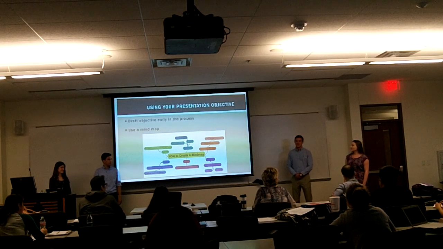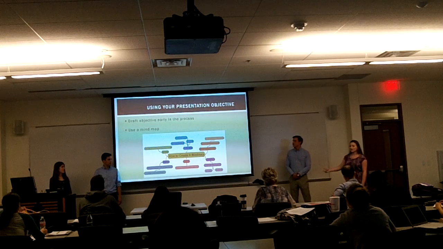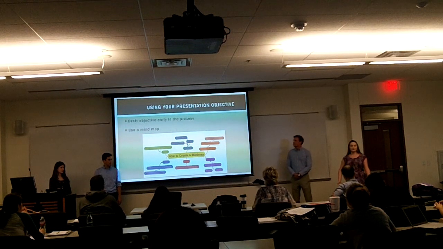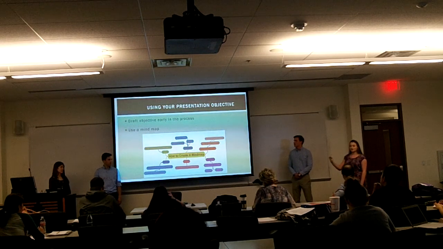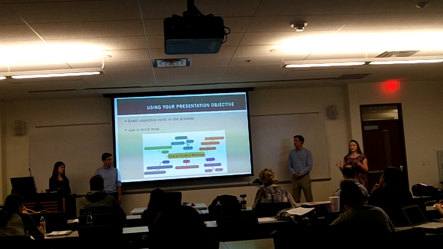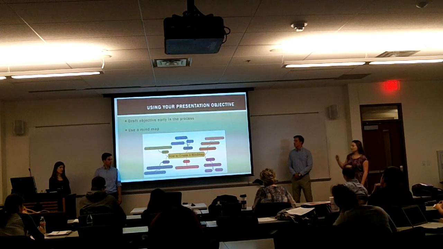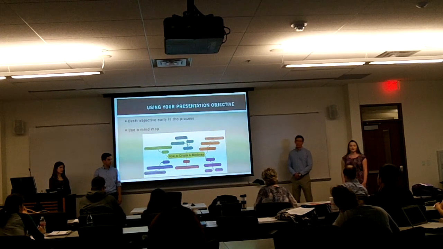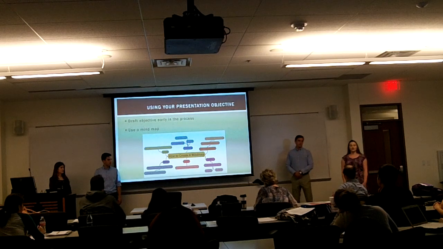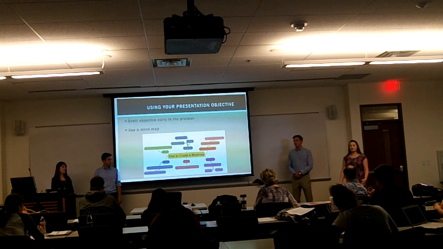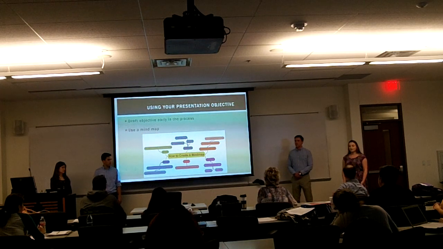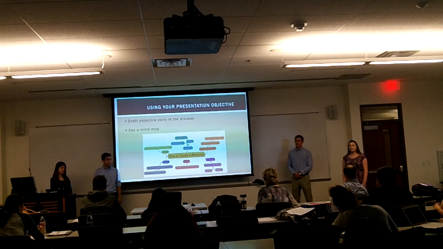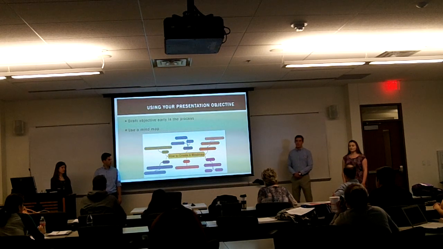So using a mind map, there's an example at the bottom of the slide. I'm sure most of us have seen these in writing courses. What you do is you write your objective in the middle and you circle it. That's like your general purpose. Outside of your general purpose, you're going to draw branches off. These represent your main points. You're going to label these with an image or a word or a phrase. And then off of these main branches, you will make another set of branches that support your main point. Now, a mind map is a good way just to generate